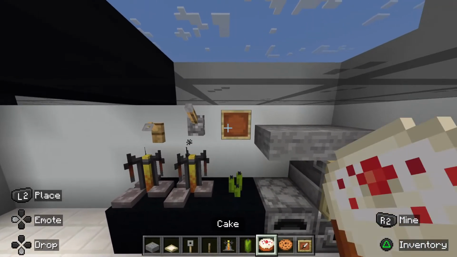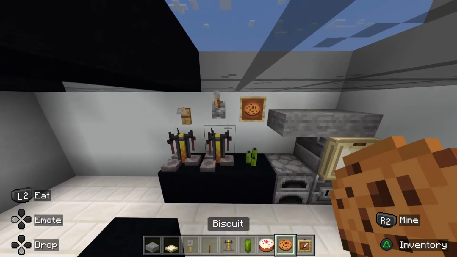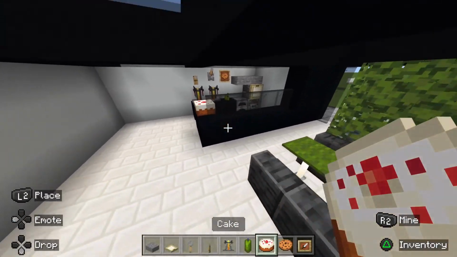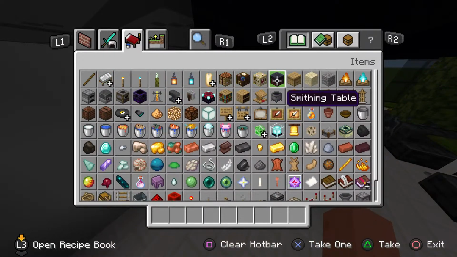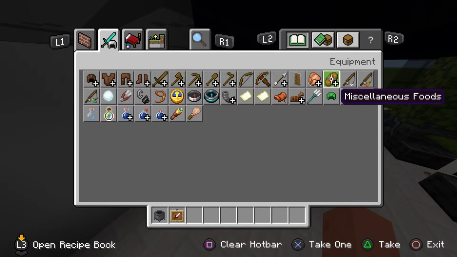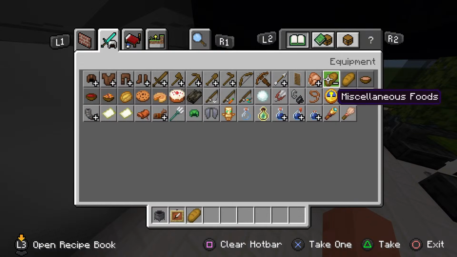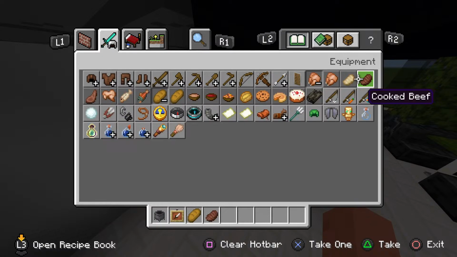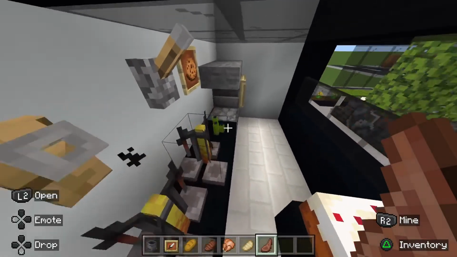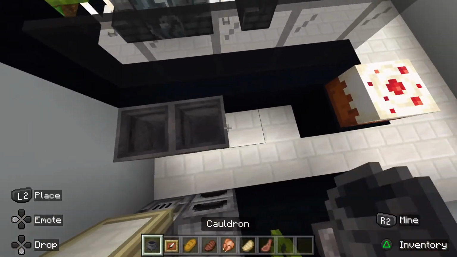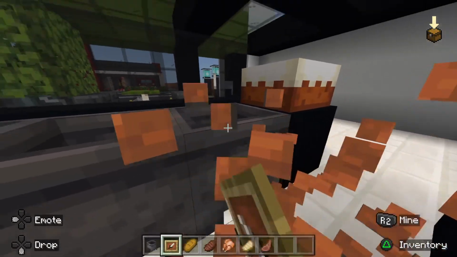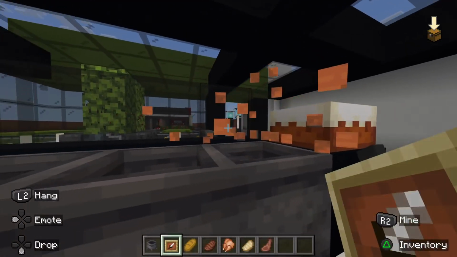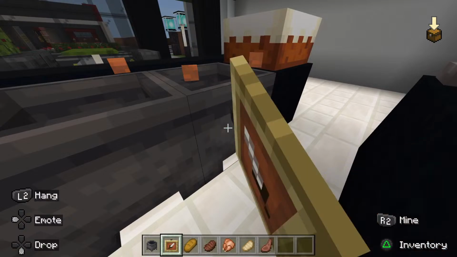here, maybe some cookie here. We can even have a cake off here to the side, and we're going to stick a bunch of culprits behind the counter, and then fill them up with bread, steak, cooked chicken, pork, mutton, whatever it is that you may put on your